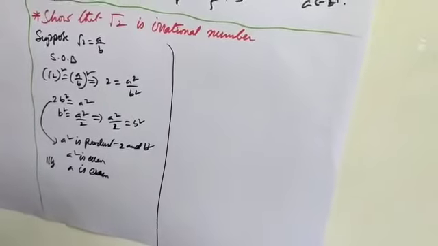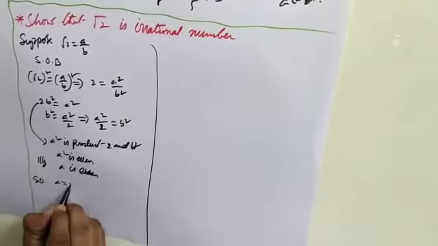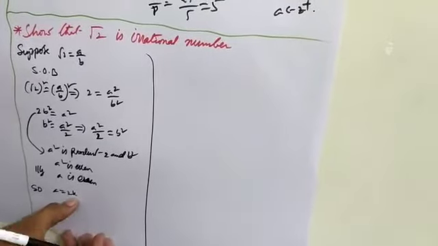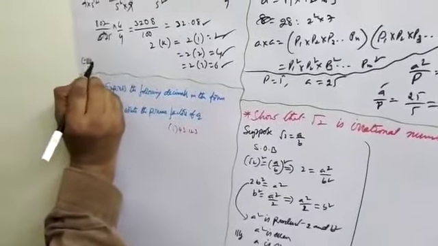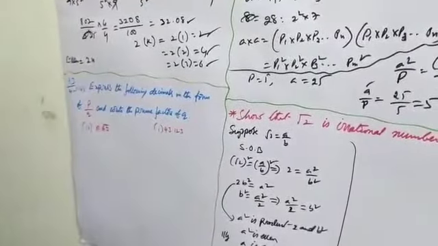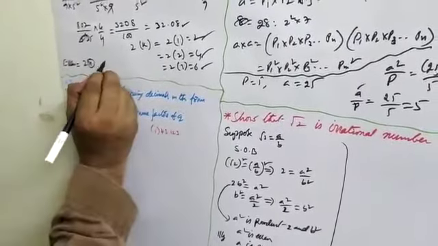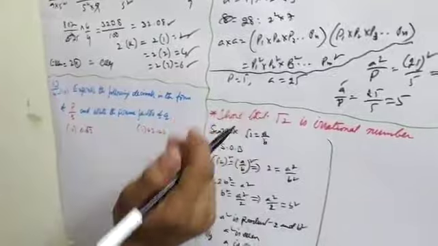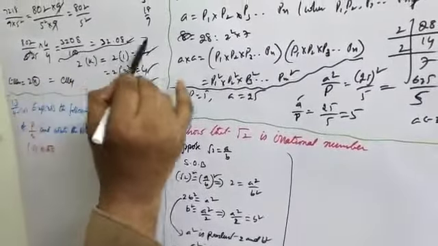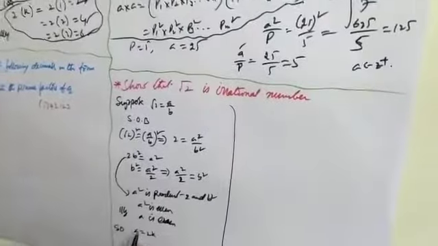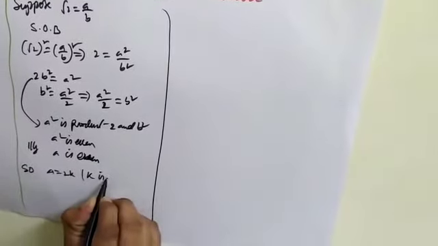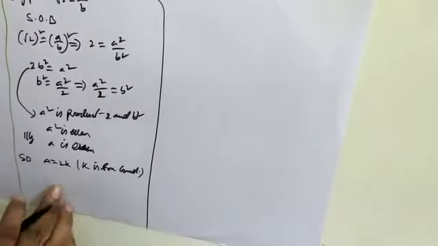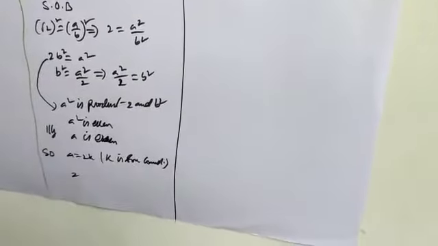So let us take A is equal to 2k. What is the meaning of 2k? This is the formula of an even number, 2n. Even number means 2 into n, where n is any natural number, and the result is always an even number. Already proved. Therefore A is equal to 2k, where k is some constant, that is, any natural number. Substitute this in A.